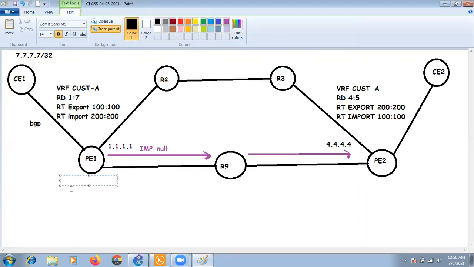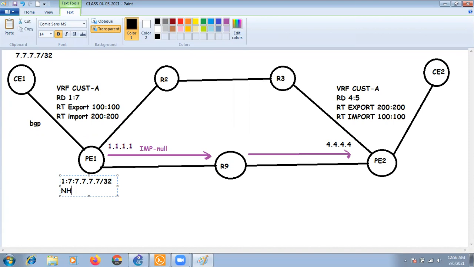And what is the VPNv4 prefix? That is the RD value. What is the RD value at our PE1? That is 1:7 and the prefix 7.7.7.7/32. So this is the VPNv4 route, right?